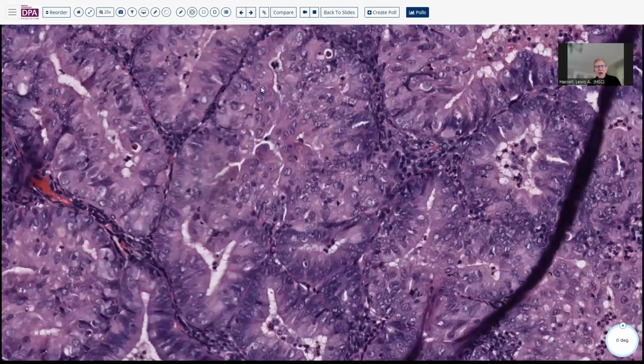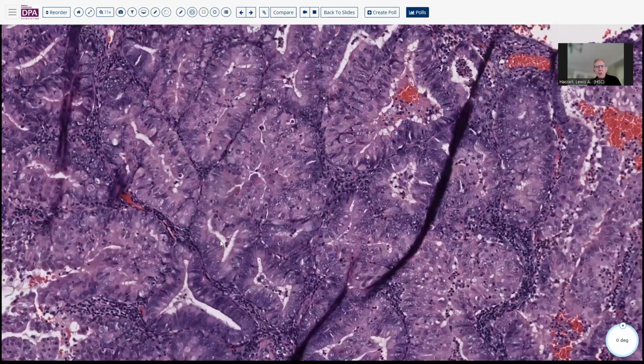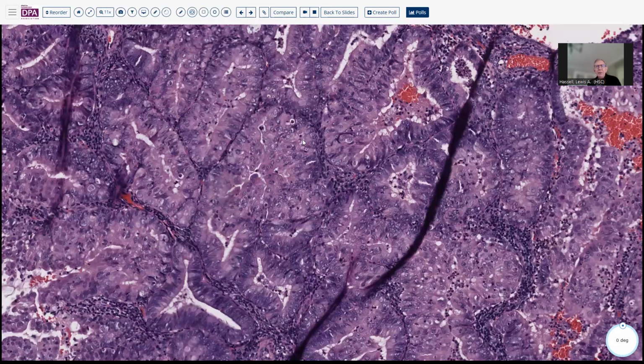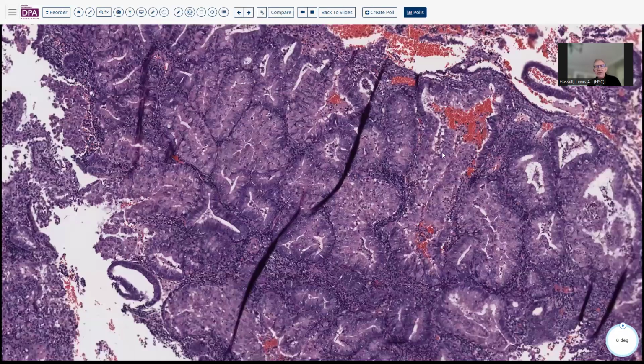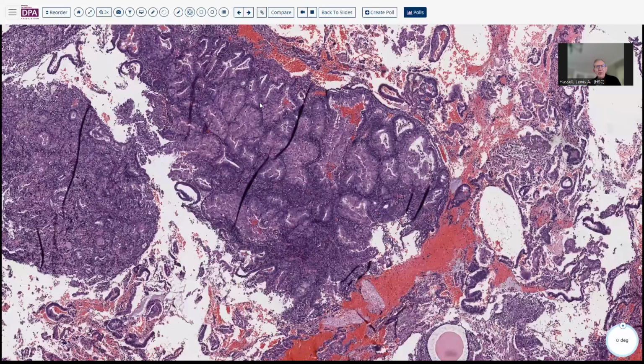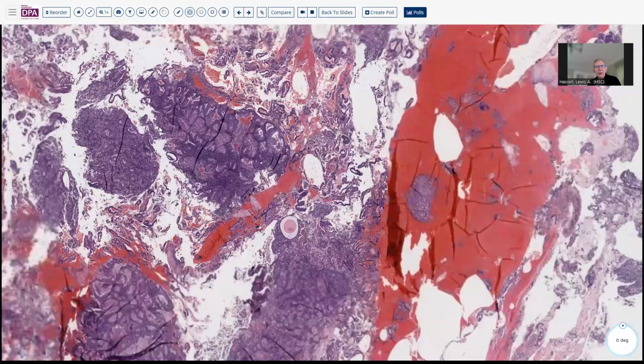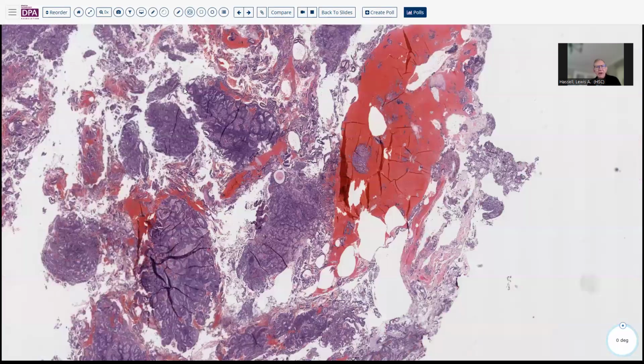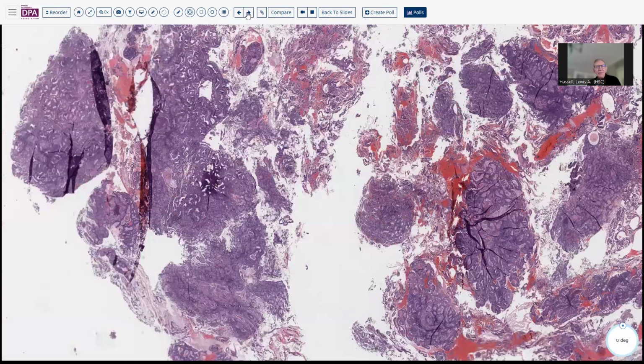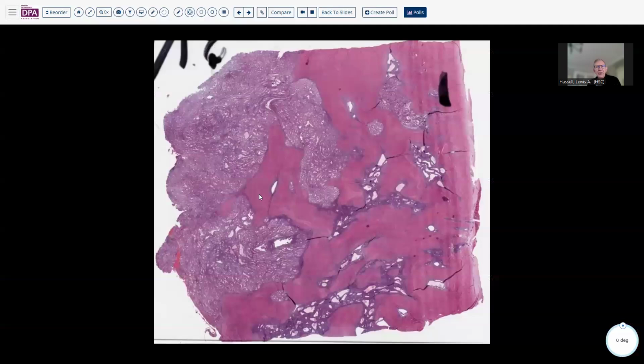Here's the areas of more solid type growth. And by solid, we don't always mean that there's no glandular evidence left. It's just that the gland lumina has diminished to the point that it looks nearly solid. There's no open space. As you see here, some of these glands have nice open spaces, but glands like this would be more solid type growth. And it doesn't take a whole lot of that kind of pattern to move it into grade 2. Another example,